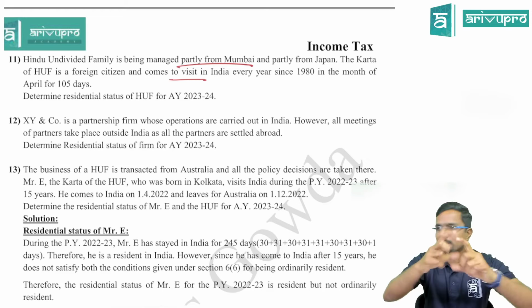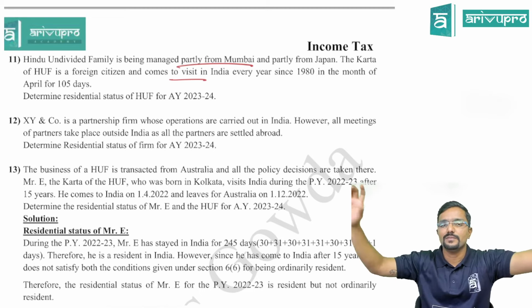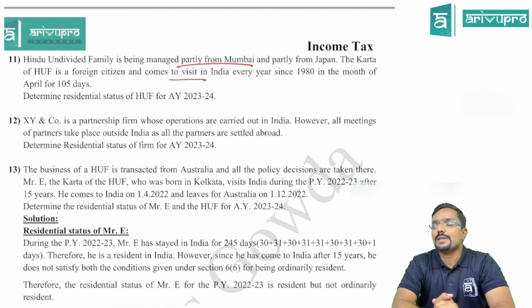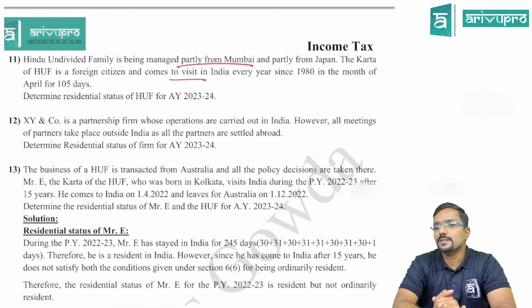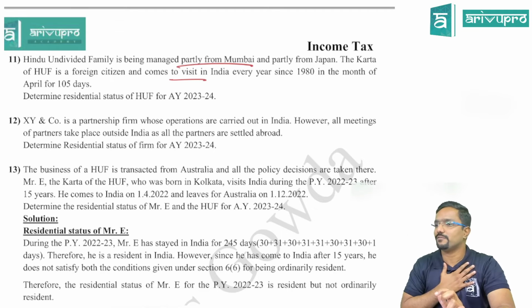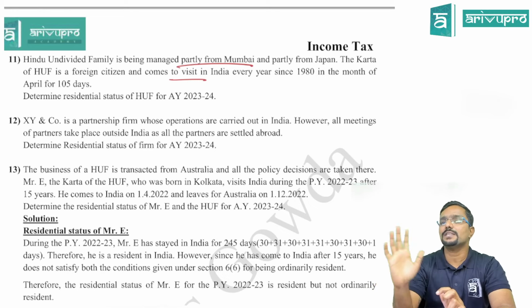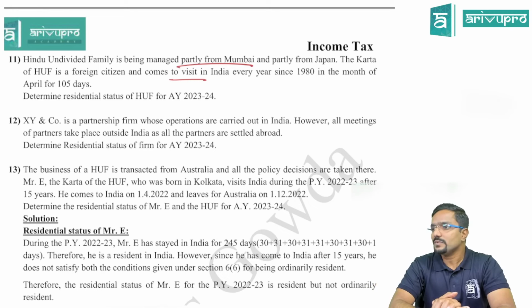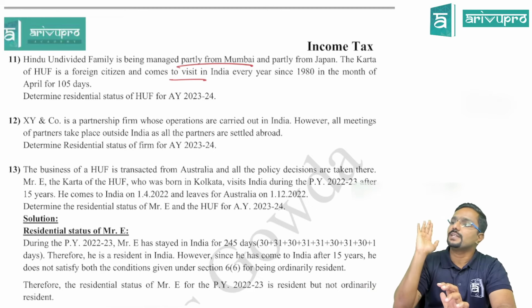Okay, if you guys want, you can explain that also, like how he has satisfied on that. So I am straight away continuing. He has satisfied the second condition under section 6.1 in all the 10 years preceding the previous year. For me, even if you satisfy for 2 years, it's enough. But actually in the question, he is satisfying in all the 10 years, guys. Did you guys get the clarity on this?